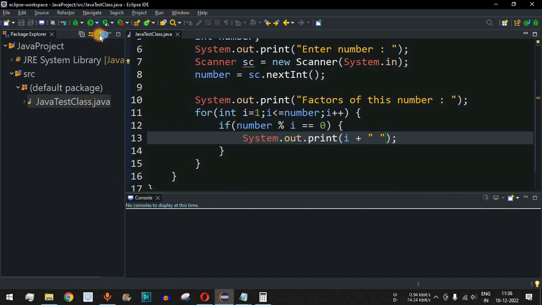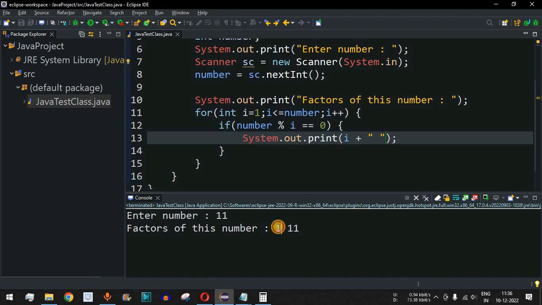Guys, let us run this code once again and let us provide one prime number over here. So let's say we enter 11, which is one of the prime numbers, and when we press enter, as you can see, 1 can divide 11, and 11 itself can divide 11. There is no other number which can divide this number,